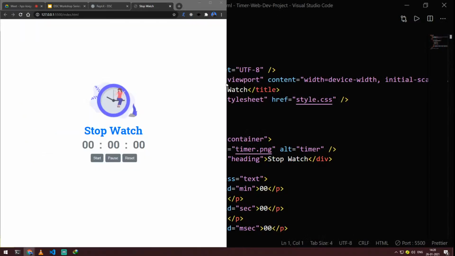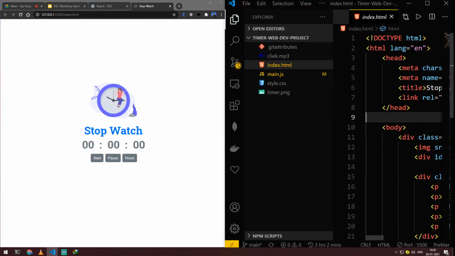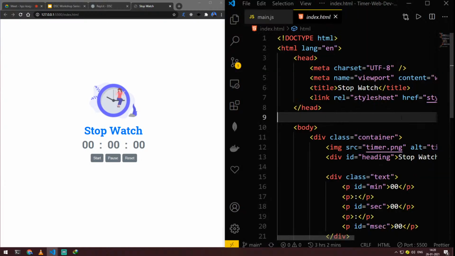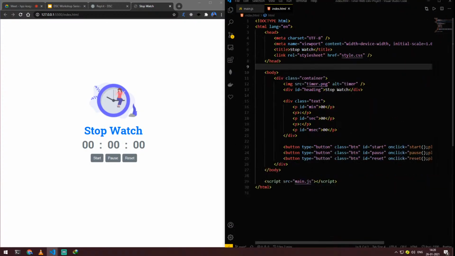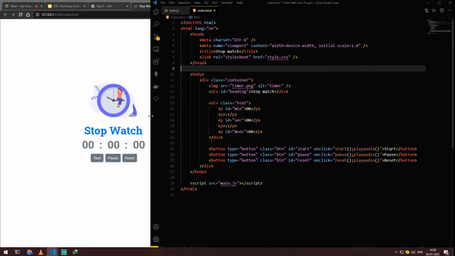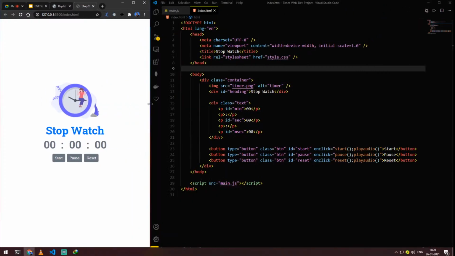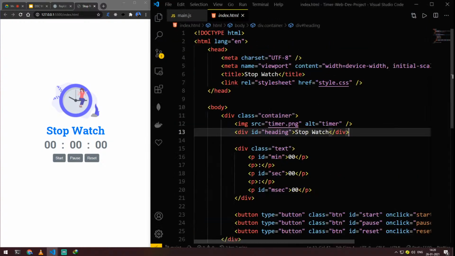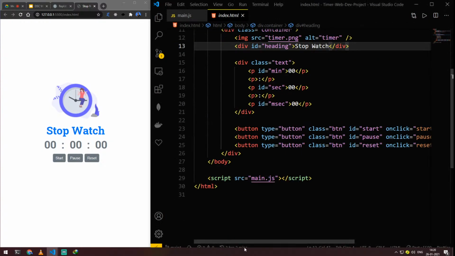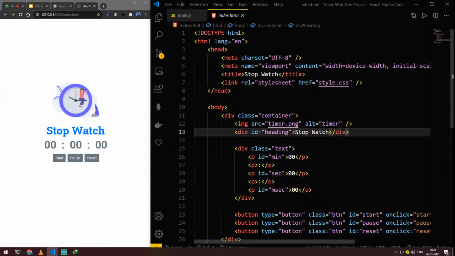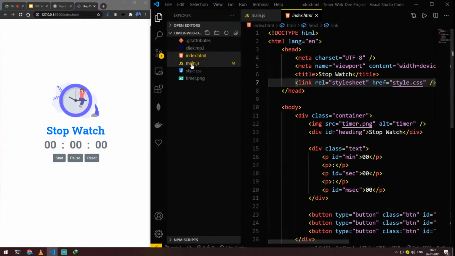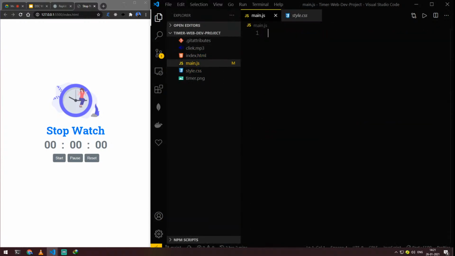Let me move this to one side. As you can see, my JavaScript file is completely empty. So I'm just walking you through the HTML file. We have included the style sheet which Naveen made. This one, and